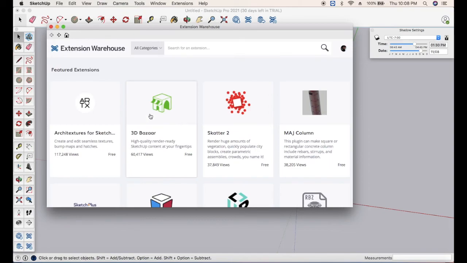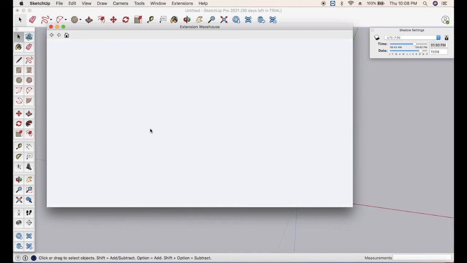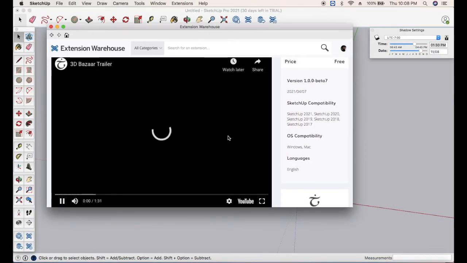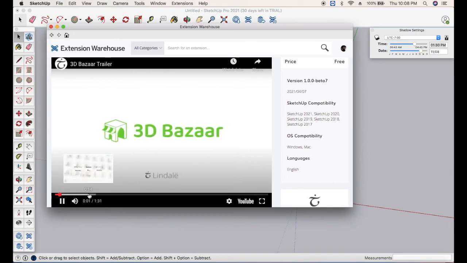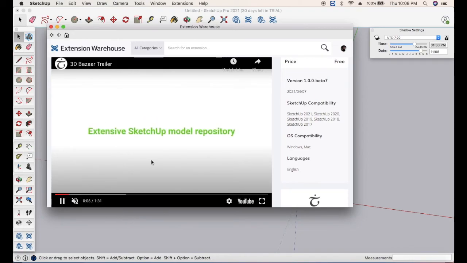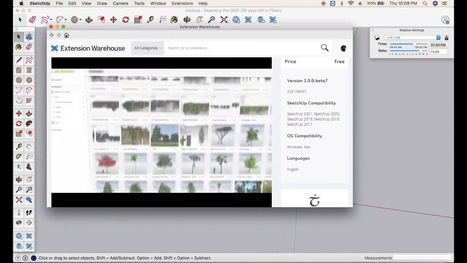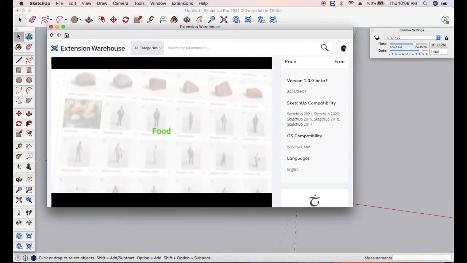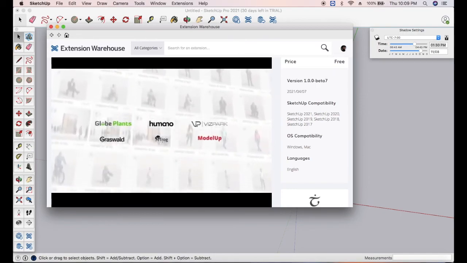Let us see the 3D Bazaar. In the 3D Bazaar, already pre-made designs are kept, from where you can install this extension and take these designs like plants, 3D people, food, furniture, clothing, electronics.